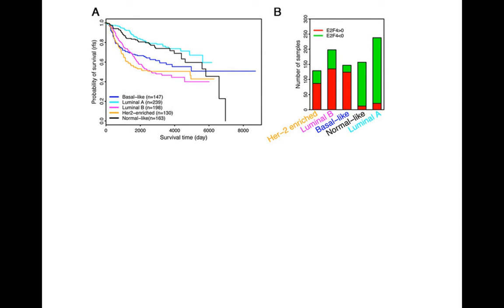When we identify patients with luminal A breast cancer, we follow those patients for 15 years because they can recur even up to 15 years after the initial diagnosis, because the progression of the disease is so slow. By contrast, if you look at the basal-likes and maybe the HER2 enriched, these are the two most aggressive types of breast cancer, you can see that this curve begins falling off very rapidly.